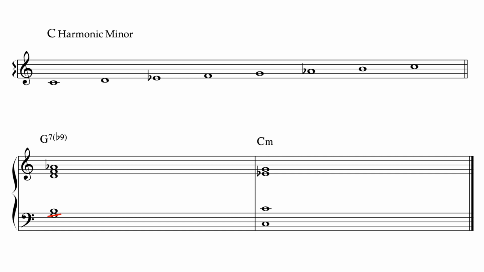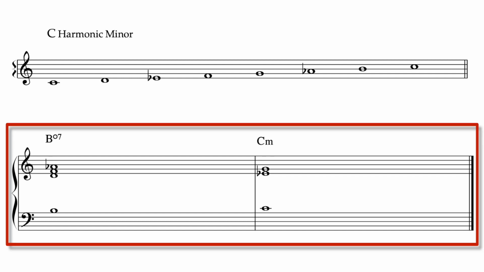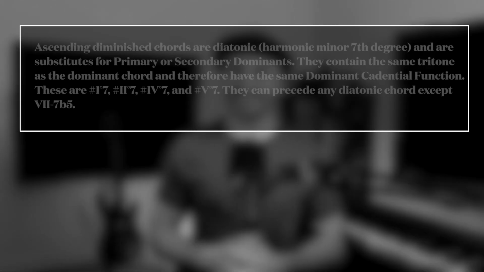If you then get rid of the root, the G, then the next interval, the third, or B, becomes the new root of a diminished seventh chord built on the seventh degree of C harmonic minor and now resolves up a half step instead of down a fifth. That B diminished 7 moving up a half step to C minor falls into our first category of ascending diminished chords,